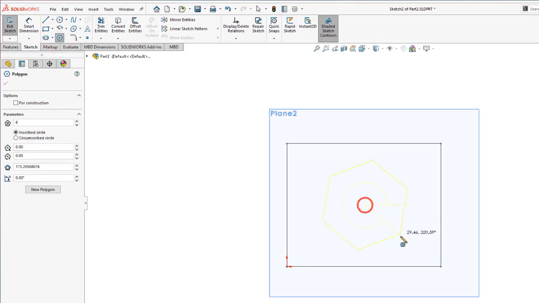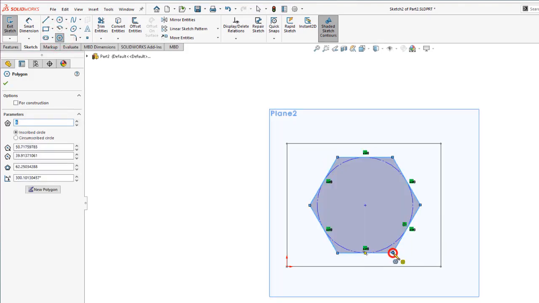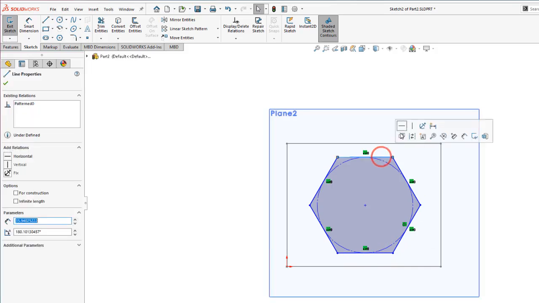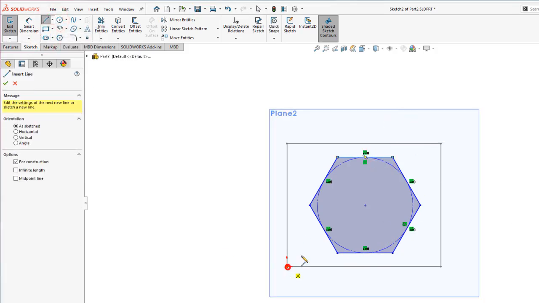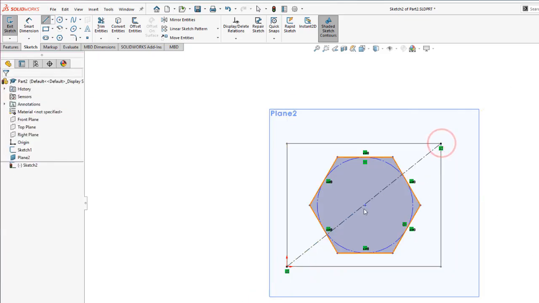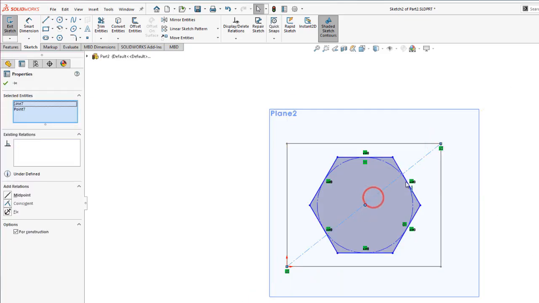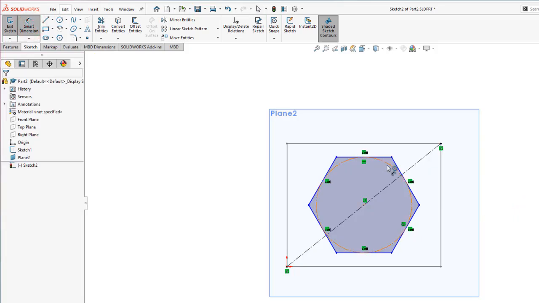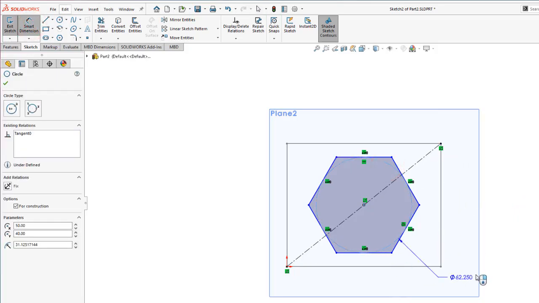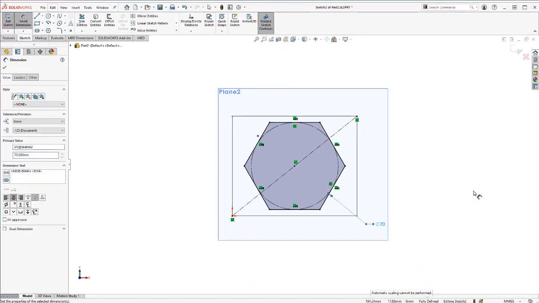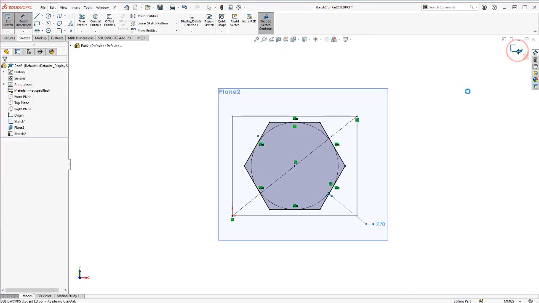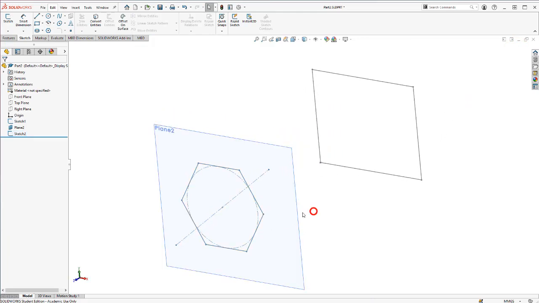So let's say I added a polygon, and this has to be horizontal. I can add a diagonal center line, and maybe this is in the middle of this diagonal line, and I want to add this diameter to be 70. So I have another sketch. Let's hide this plane,